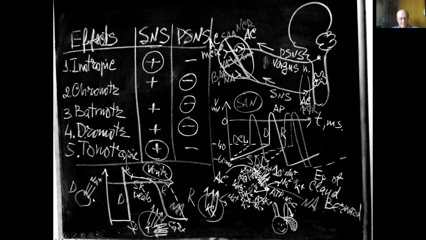Depolarization is based on the permeation of the sodium ions. Then repolarization happens. This is the outflow of the potassium ions. And in the middle of this repolarization happens the permeation of the calcium ions. One ions move out of the cell, the other positive ions move into the cell. That's why it increases the time of the repolarization.